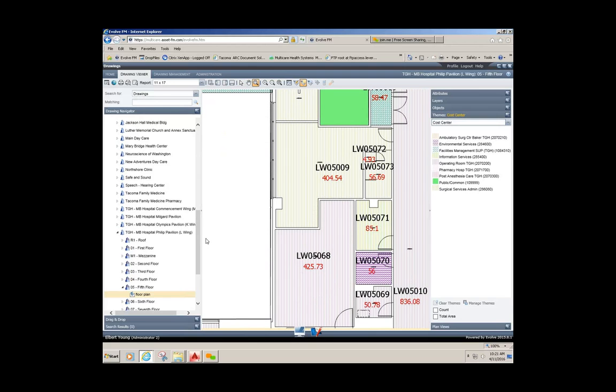Now, I did create two new label styles for you. If you go up, see all those things on the ribbon that look like tags? The one to the left of the last one, yep, one more to the left. That's the manage, that's where you manage them. So if you click that,